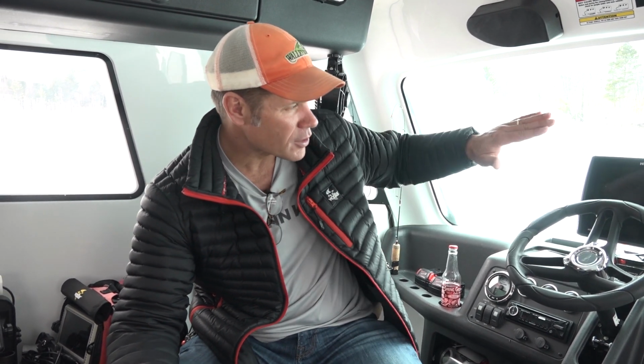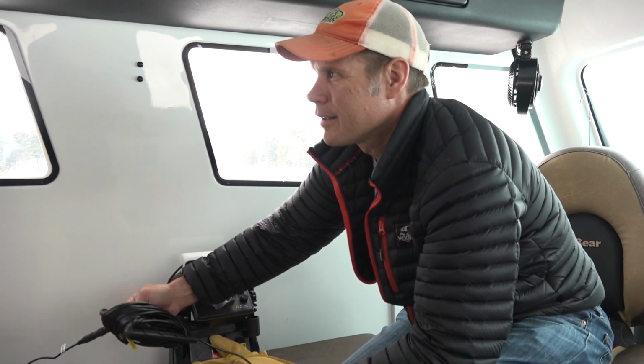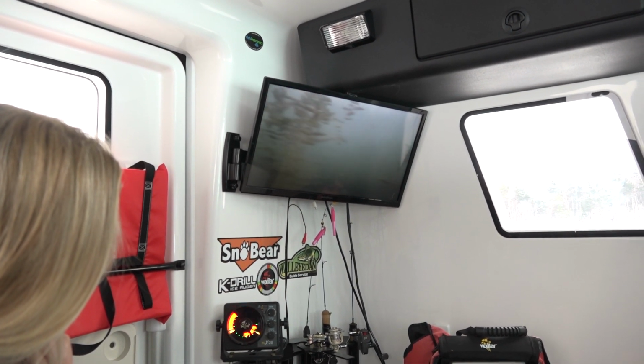Edges are so key a lot of times. And in this case, we're in this hole, so as soon as you come out of that hole, this way, there's going to be a wall of weeds, and who knows, maybe the edge is right here. But the only way to find out really is by dropping the camera, so that's what I'm going to do. Turn that baby on. A lot of times all it takes is just a little tiny move. So we could move the SnoBear. That's part of the reason why SnoBears are so